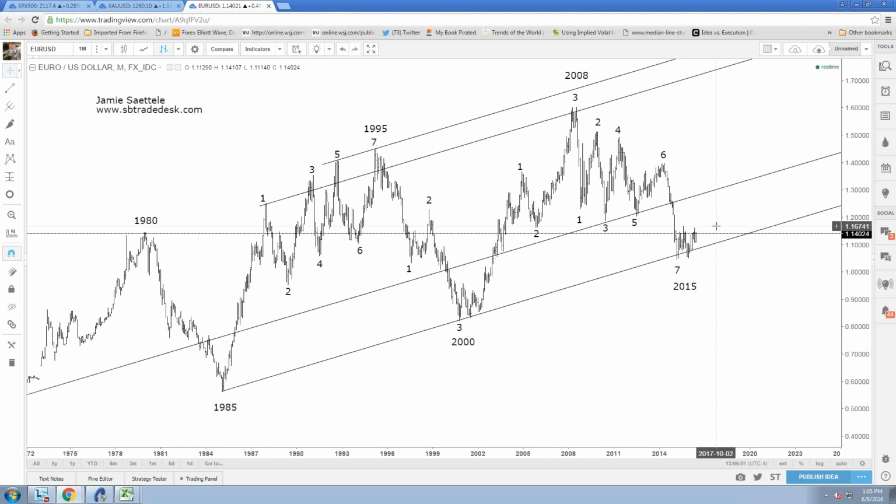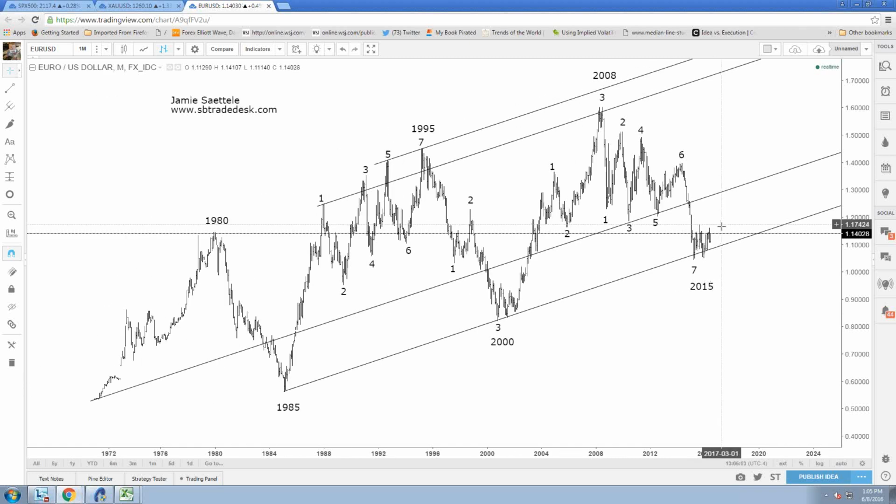When we get there, I don't know, but the point of this is, this is my fundamental analysis. This is my Van Gogh. I now have ammunition to say that dollar bearish setups should be traded aggressively. This is the first time I've been able to say that in many, many years.